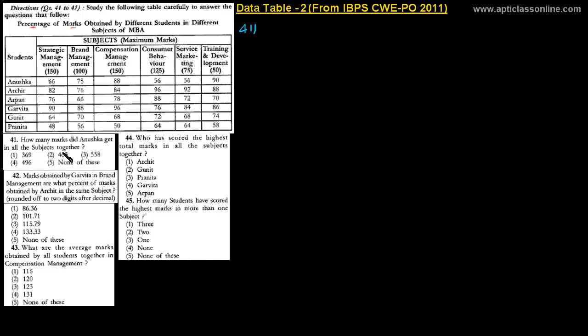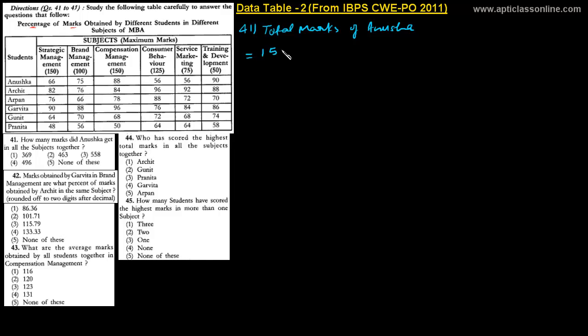This is just the addition of the marks of each of the subjects, taking into consideration that these are the percentage of marks obtained, not the actual marks. So we can say total marks of Anusha